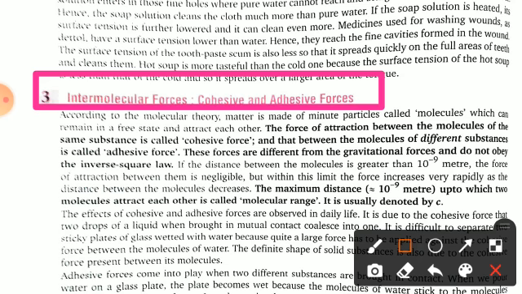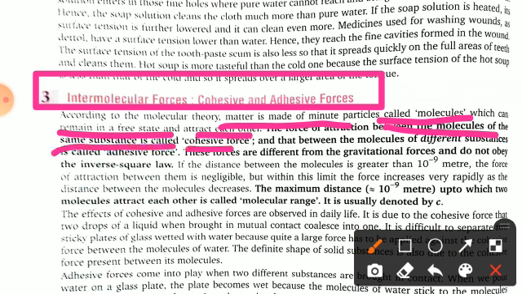According to the molecular theory, matter is made of minute particles called molecules, which can remain in a free state and attract each other. The force of attraction between the molecules of the same substance is called cohesive force. That means the force which exists between the same type of bodies is called cohesive force,